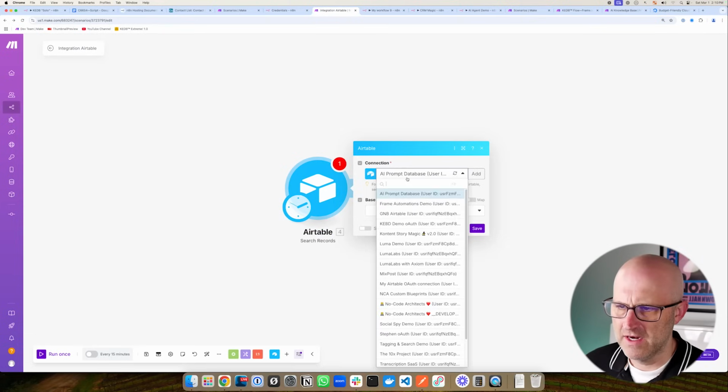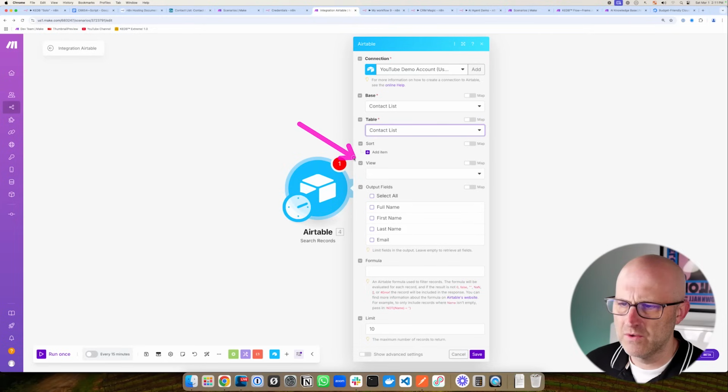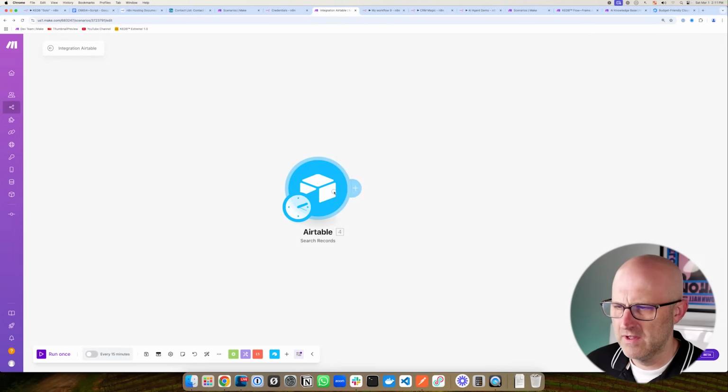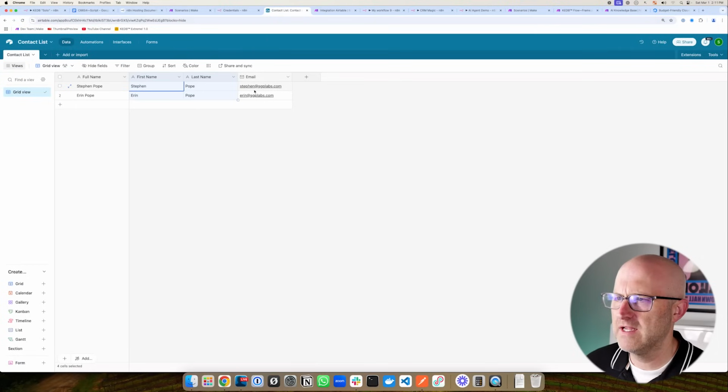Again, you have to select the connection. You have to select the base, table. In this case, we're going to leave the sort and the view alone. We're going to select all for the fields. We're going to leave the formula and the limit alone. We'll go ahead and save it. And now we can run this module only. And you're going to see that it's going to pull up two different rows from our contact database,